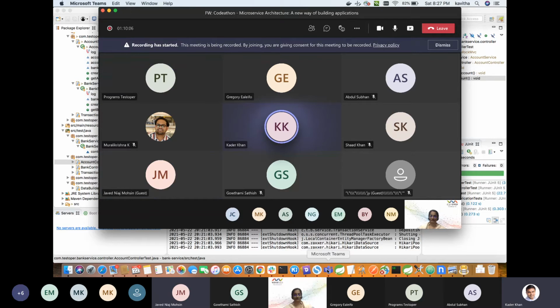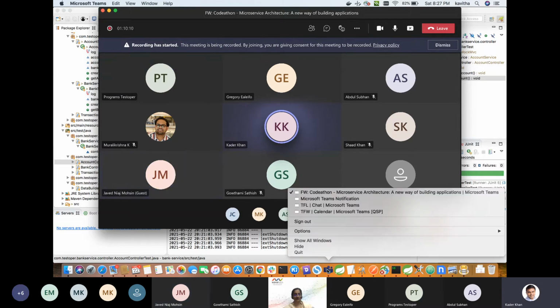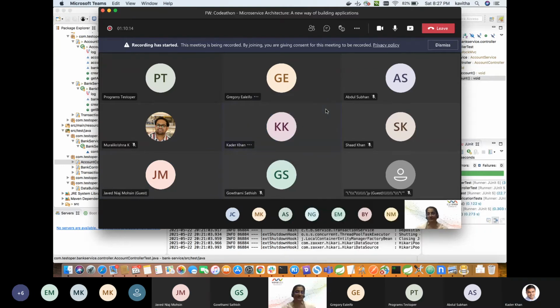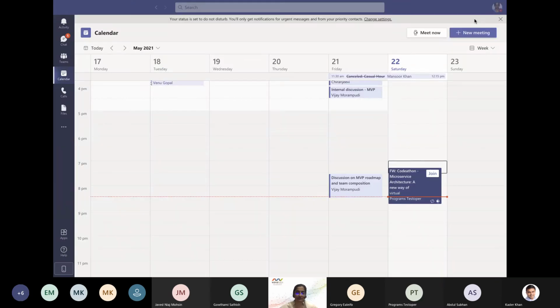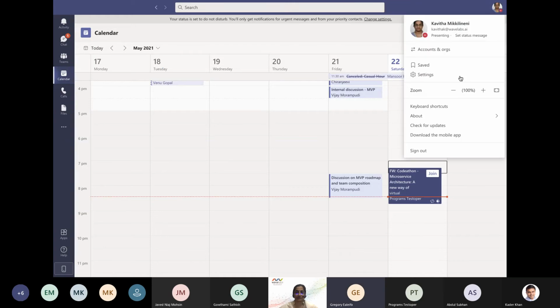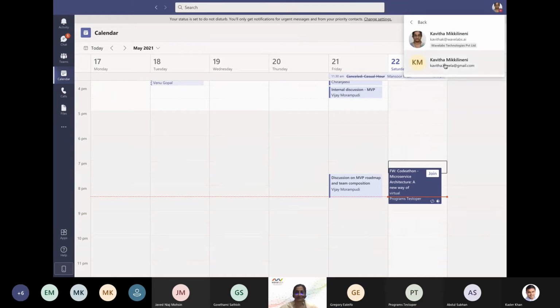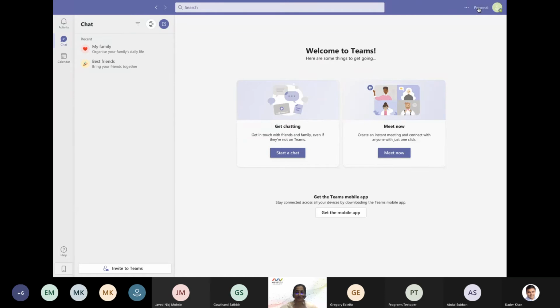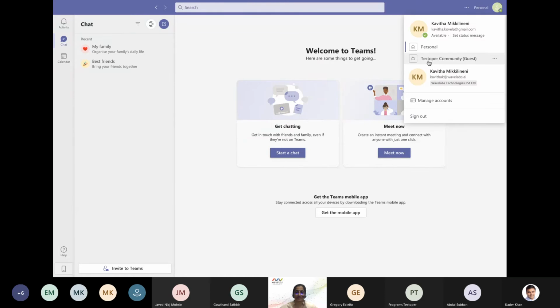Do you have a Testoper account? I think it doesn't come by default on the email we have logged in. If you click on that icon, I'll just show you. We'll have to go to the account. This is my personal account. By default, it doesn't show, but we'll have to click here. We'll see the Testoper community.